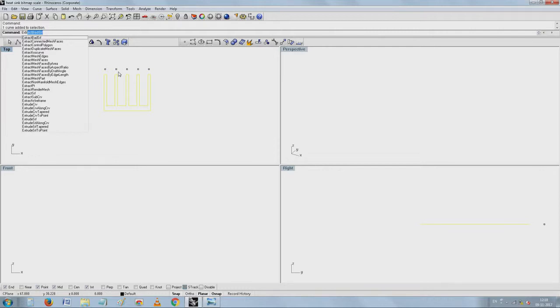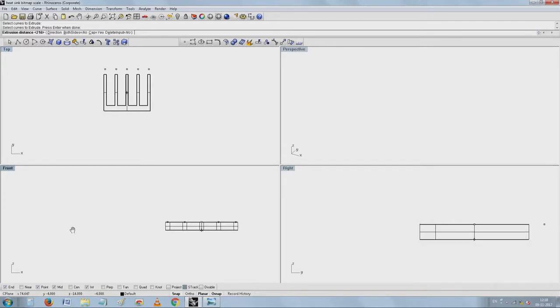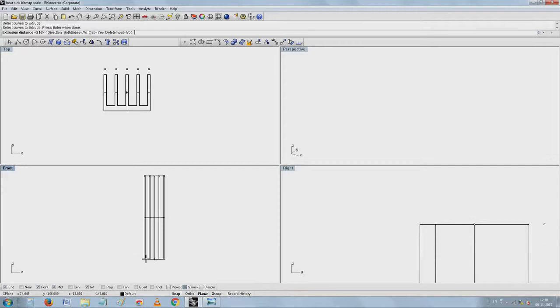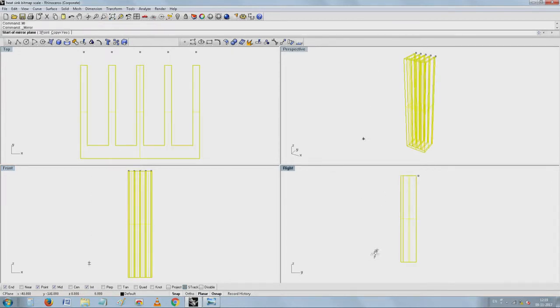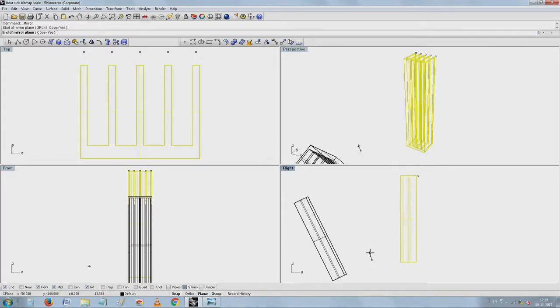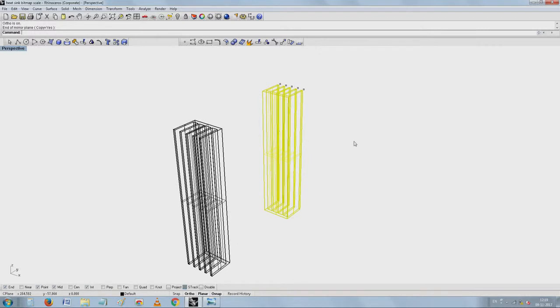What is done here is, this is now the starting of a different way of making it.